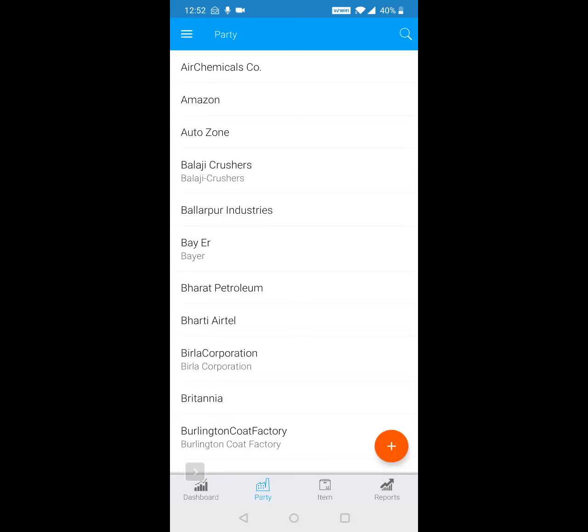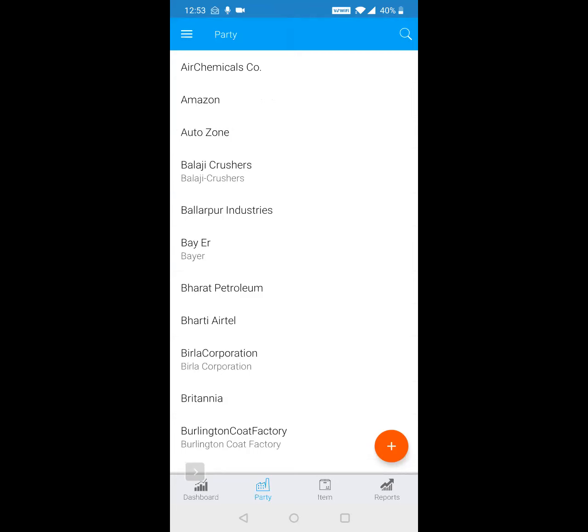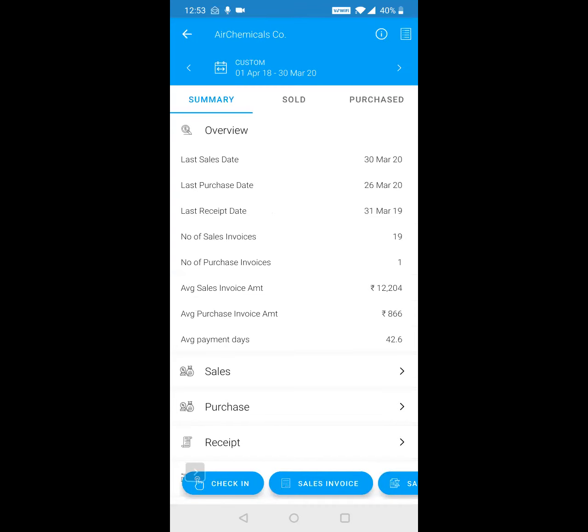Second, we face this issue where if the salesperson leaves the job and a new person comes in, how do you train the new person? How do you give him the history of all the transactions done by this customer? So that's why this app becomes very useful. You just give it to him, and when he, let's say, is going to visit Air Chemicals, one of the customers, he's able to get all the information.